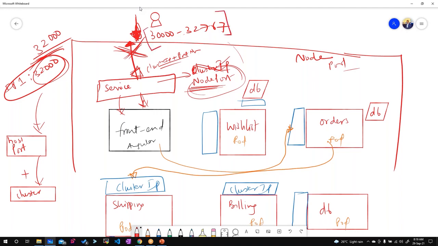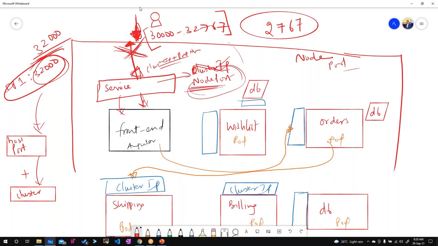So within this range, how many ports are there? There are 2767 port numbers. Initially it is node port and then you brought it to cluster IP. Then what happens is that inside the cluster, for some other service, this port number might get assigned. You'll never know.